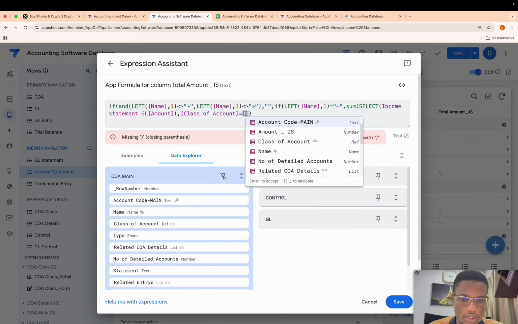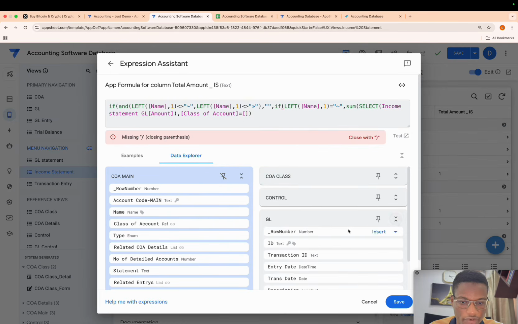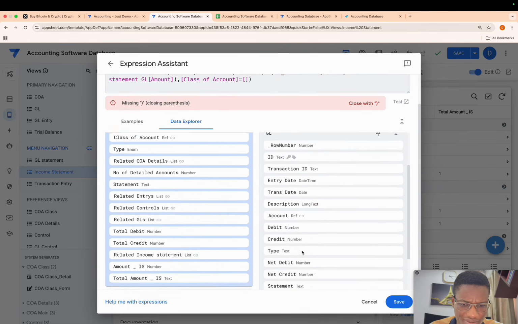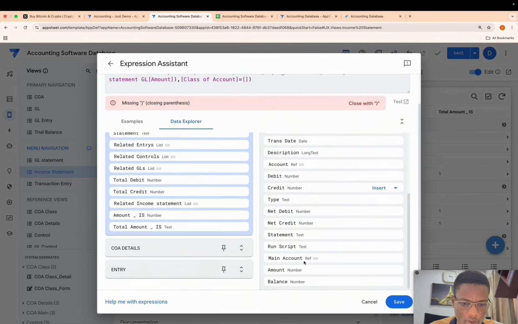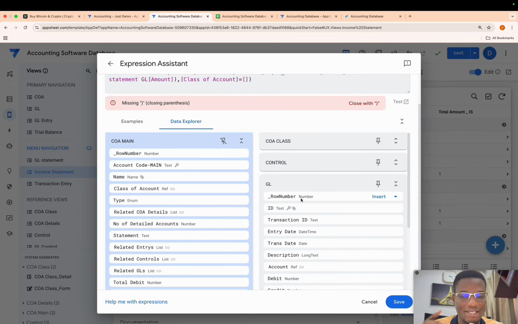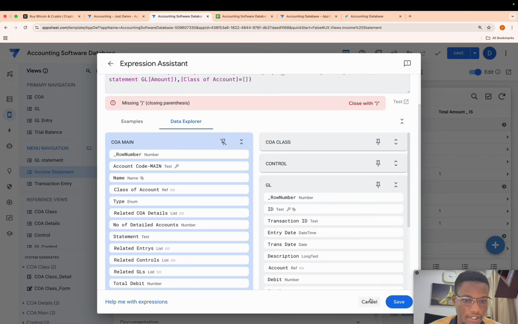I want to go to the GL. Let's go to the GL. So under Data Explorer, let's check the GL if we have class of account over there. Okay, we don't have class of account in the GL. That means we need to stop this and go and create that first, so we can compare and make sure that it's summing up everybody that belongs in that class. So if it's in revenue, it will sum up everything for revenue and give it to the total revenue. If it is other income, it will sum up everything in the other income class and give it to the other income total. Good. So I'm going to pause this over here.